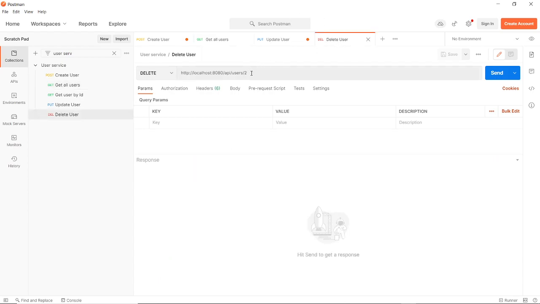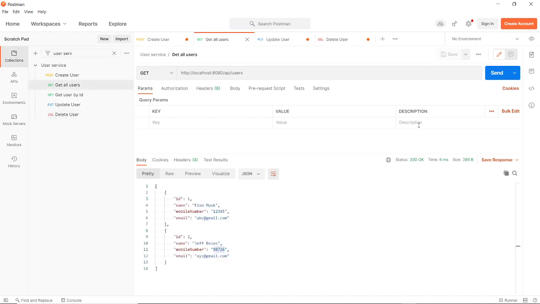Similarly, if we want to delete let's say Elon Musk, we can call our delete API, and it returns 200 OK, that means the user got deleted, and we can check. So in the get all request, we have got only Jeff Bezos. So our Elon Musk user got deleted successfully.